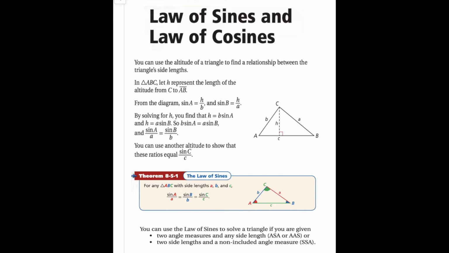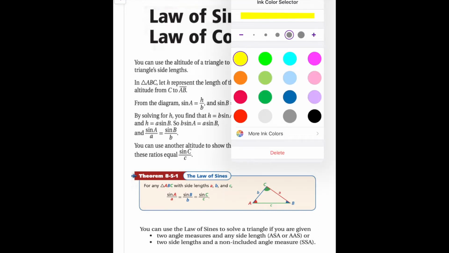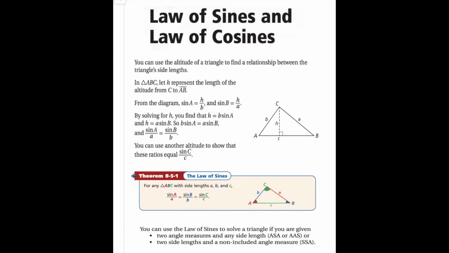Let's talk about law of sines and law of cosines today. So we talked about the trigonometric ratios already, and you notice that the trigonometric ratios sine, cosine, tan and the reciprocals of those work only for right triangles. What if you get an acute triangle or obtuse triangle and wanted to figure out the unknown